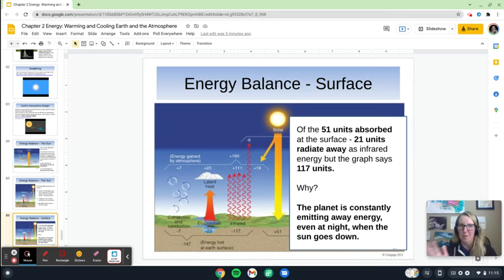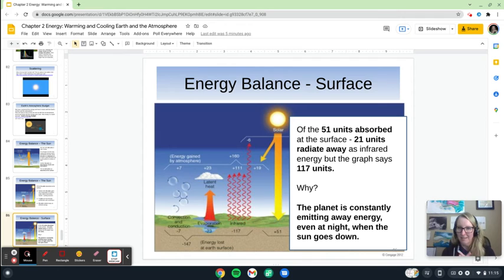So remember what we said about if an object is emitting more energy than it's receiving, then it has a net cooling. But we know that our atmosphere basically, for the sake of this, stays at 59 degrees Fahrenheit. So it's in balance. We don't have a net cooling. With climate change, we have a net slight warming. But what's